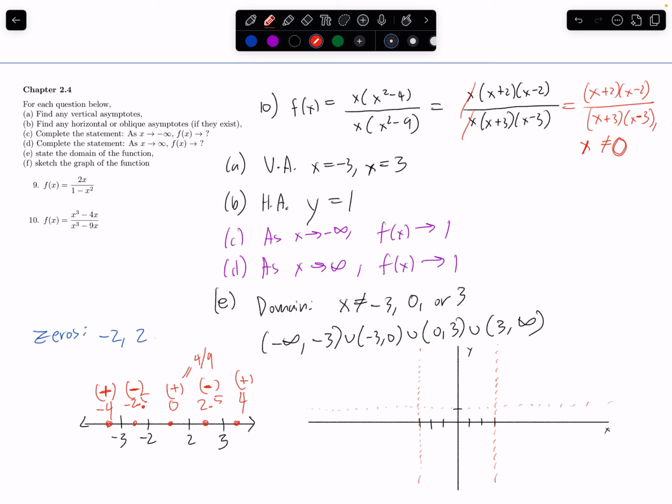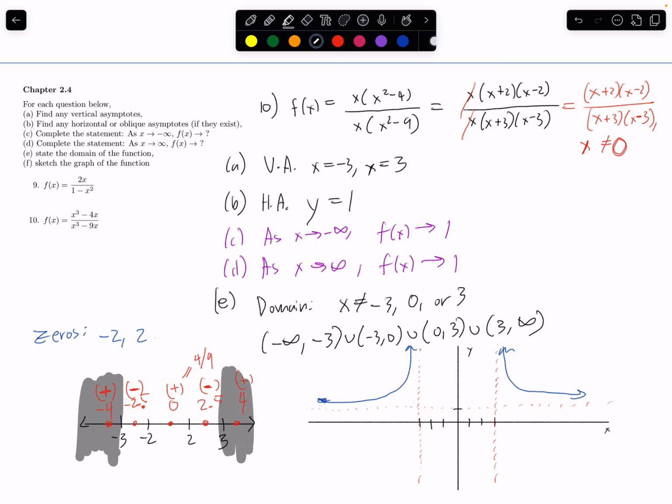Okay, and then on the left side, we're positive. So our graph is going to look something like this. And on the far right side, we're also positive. So something like this. So I just completed this region here and this region here. I just kind of started at the ends. Okay, in between,